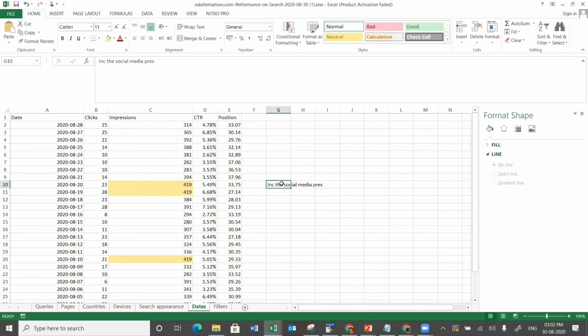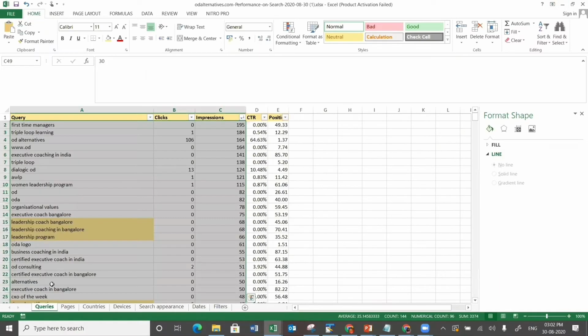I will start scheduling social media posts quite often, because I know that when people see a post on social media, they go on Google search and look for OD certifications or OD leadership courses in Bangalore or stuff like that. So that's how you need to marry the data present on Google Search Console and create a strategy.